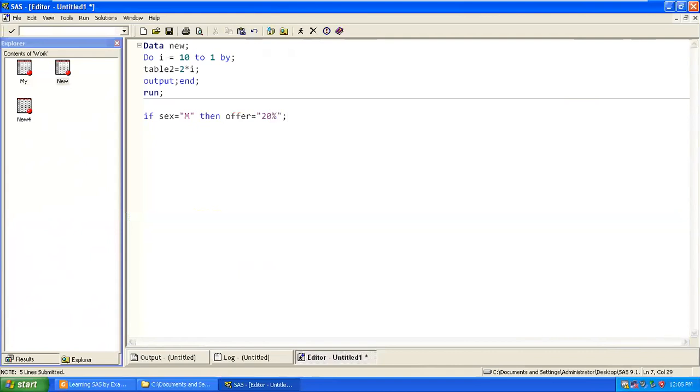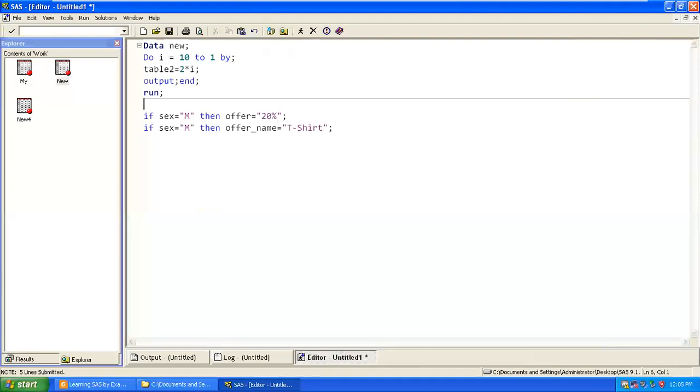Or one more block we have to create in a data set, and we have to say offer, let's say I want to provide a t-shirt.